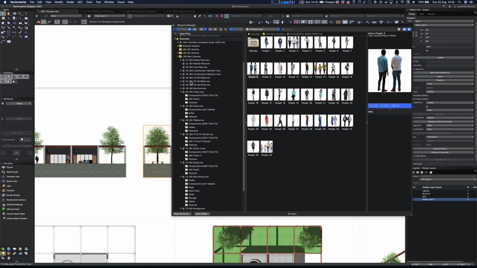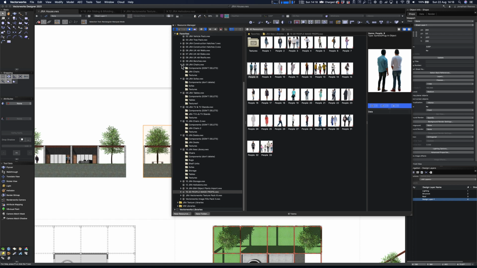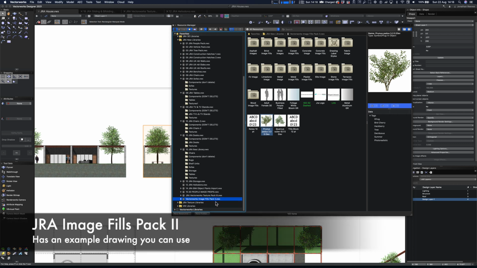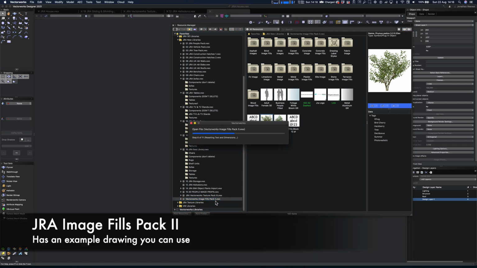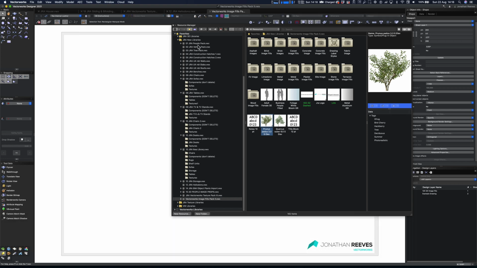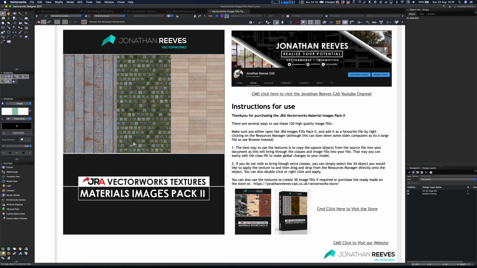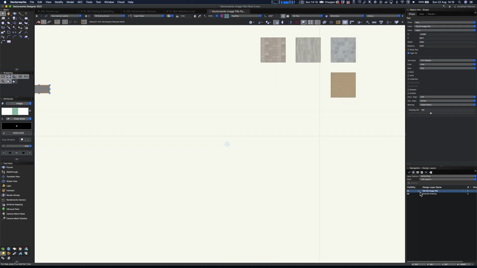Now, a great little tip here is I've created some really nice image fill files. Again, these are available on the store, and you can see I'm just going to open this one up. So I'll right click and open. I love the fact you can just quickly open the file and steal things from it instead of actually going through resources. Now here is the image pack 2, which is a lovely little file,